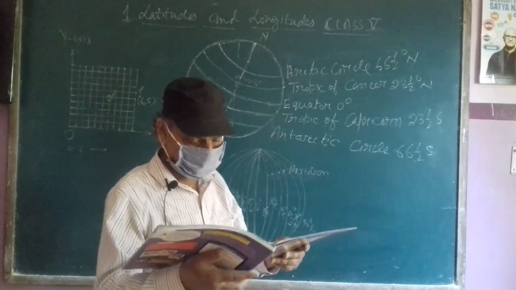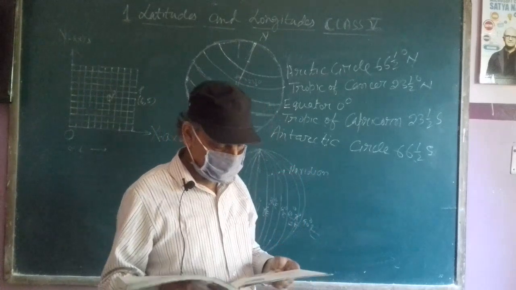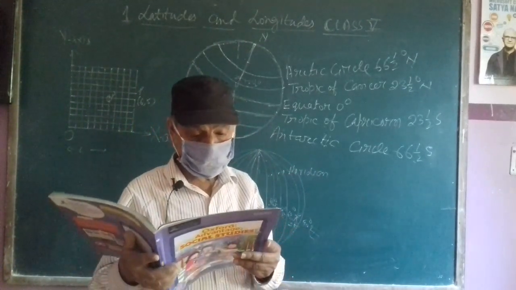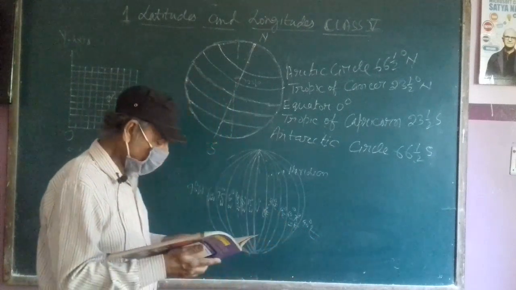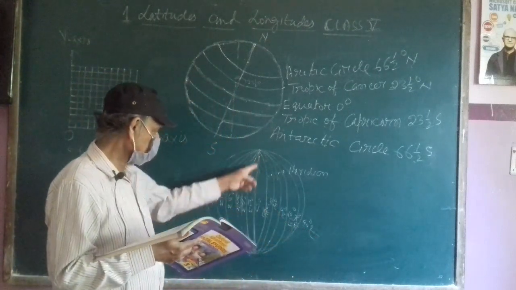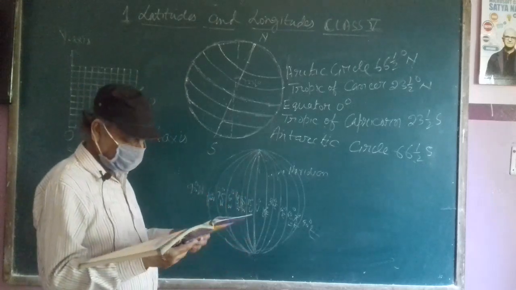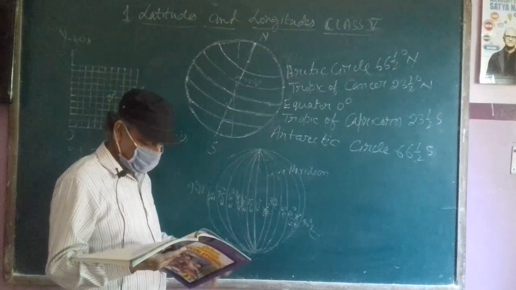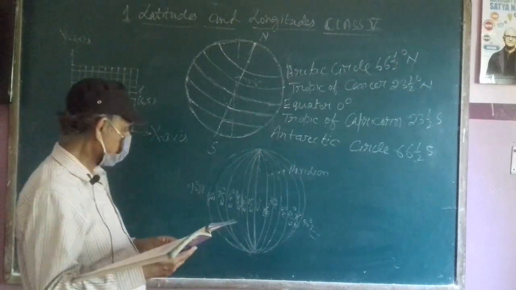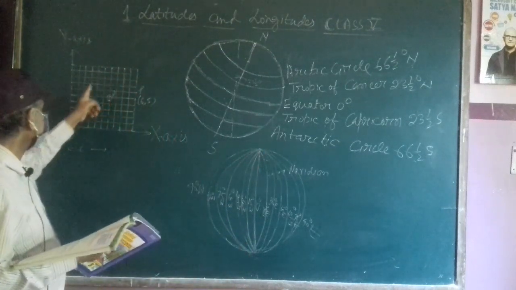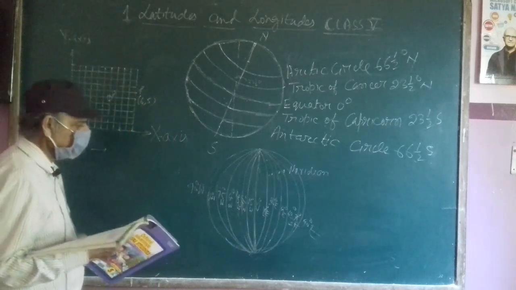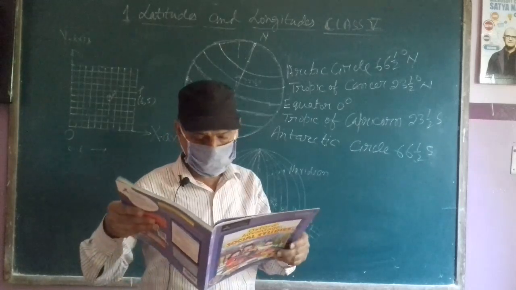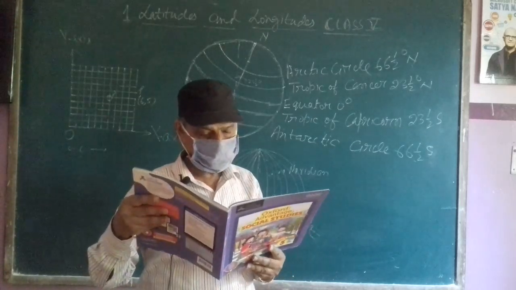Now, about meridians of longitude or longitudes, we can see the vertical lines on a globe or a map are called meridians. These are all called meridians or longitudes. These imaginary lines run from North Pole to South Pole, crossing the parallels of latitude. They cross each other like this. If you combine latitude and longitude together, they give the location of a place.